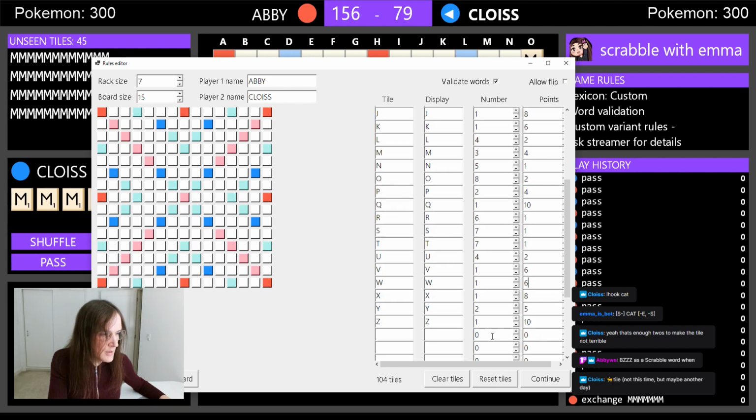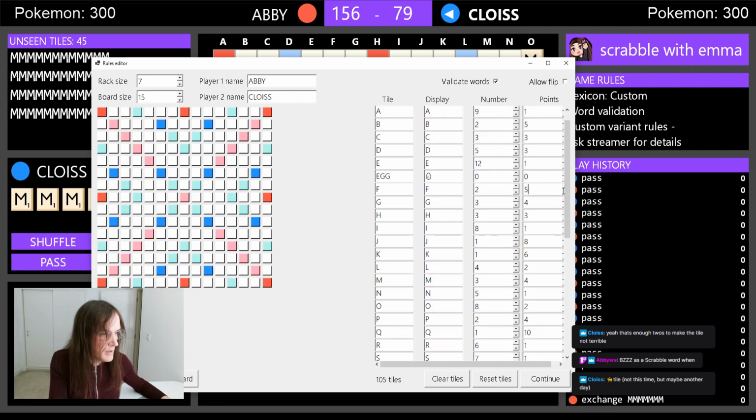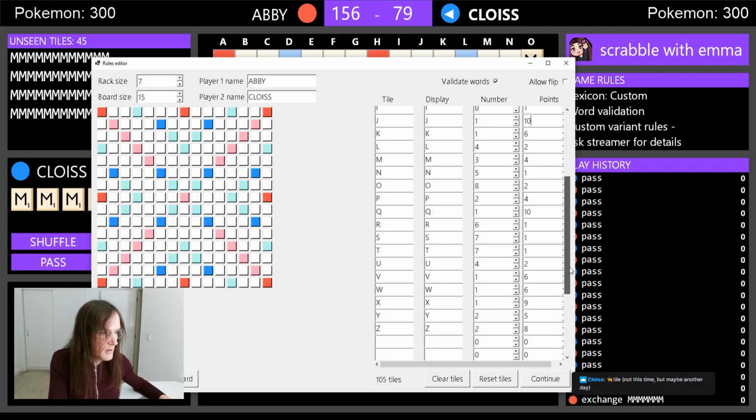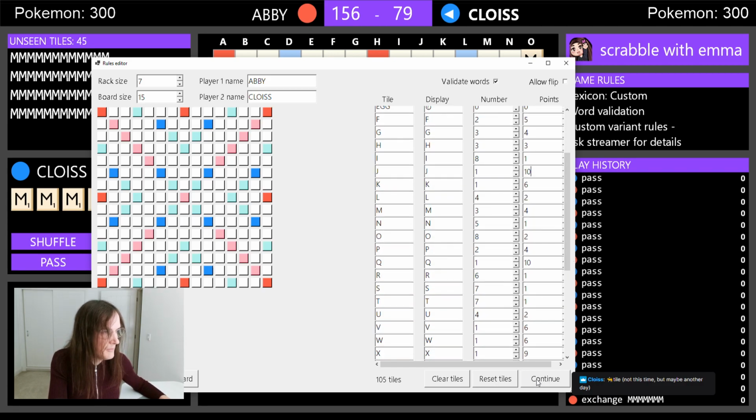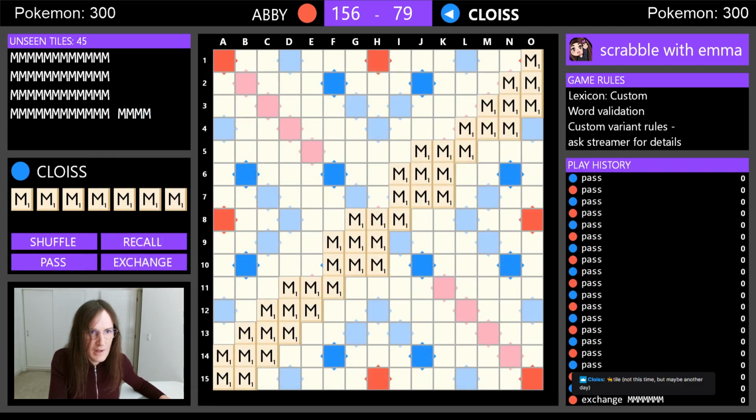2 Z's, but they're only 8 now, which does increase the number of Z words you can play. X is 9. J is now 10 and Q remains 10. Okay. Right. I think I typed that incorrectly. So,